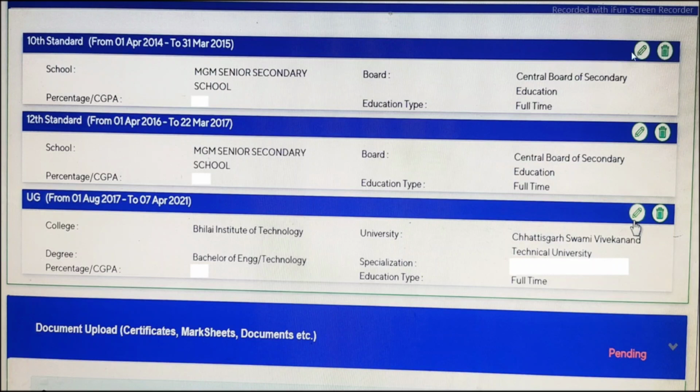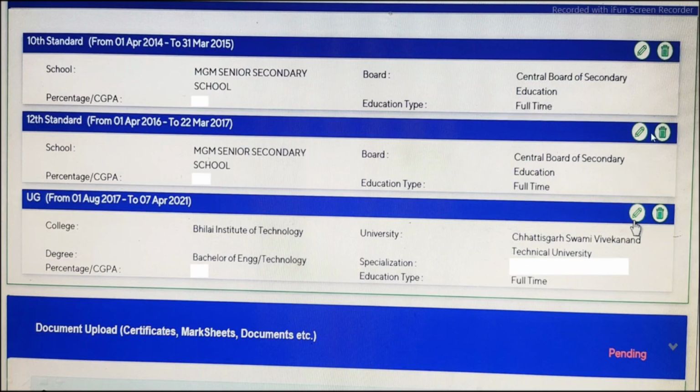So you need to fill your school name, the board under which your school comes, meaning CBSE, CG, or any other board. And you need to fill the percentage or CGPA, and education type, whether it is full time or part time.